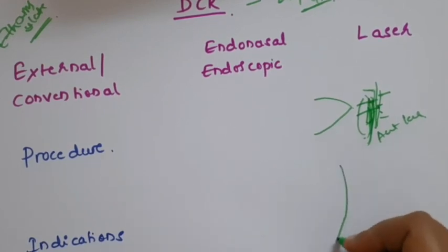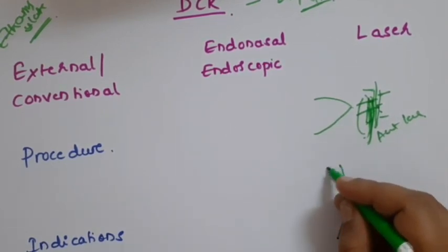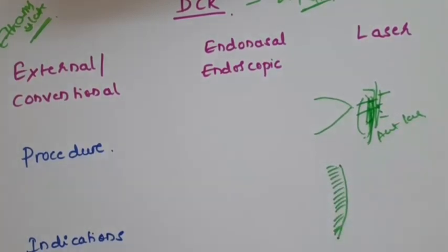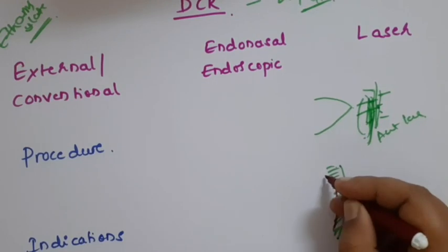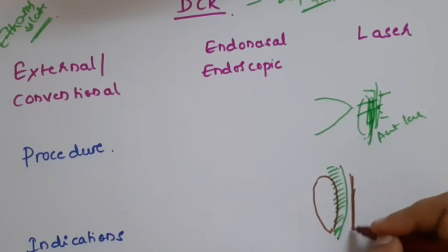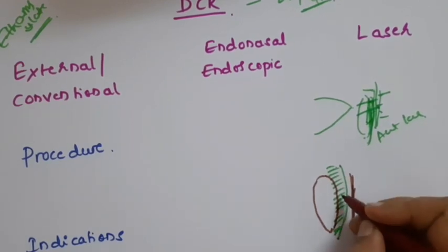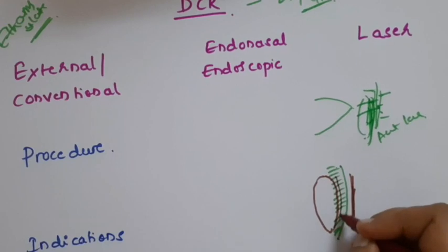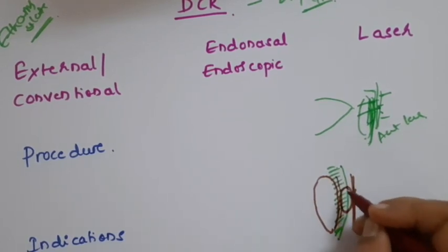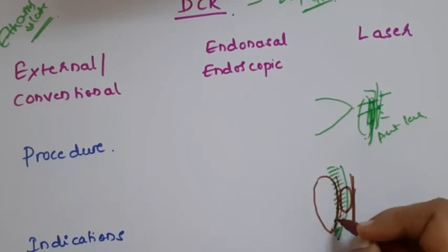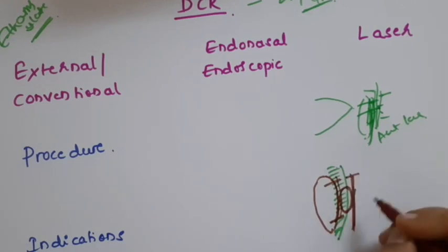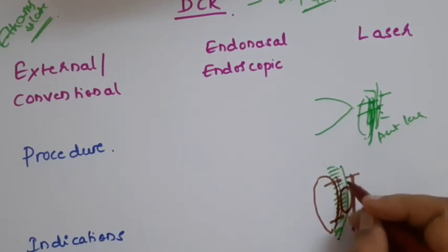So now you have the anterior lacrimal crest and the lacrimal fossa here. We have the nasolacrimal sac sitting here, and on the other side we have the nasal mucosa. So what we are doing is, first we separate the nasolacrimal sac from the bone and create an ostium here, an opening in the bone. Then you give an incision in the nasolacrimal sac and cut it open. Similarly, the nasal mucosa is also cut and the flaps are sutured.